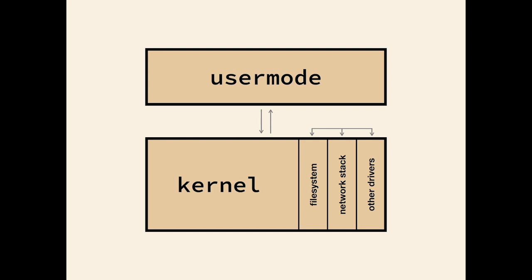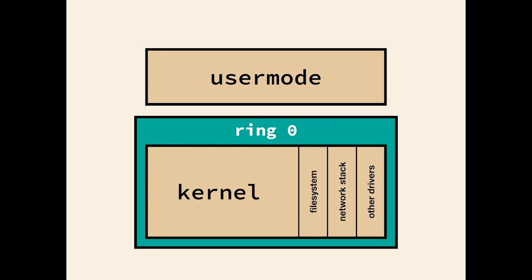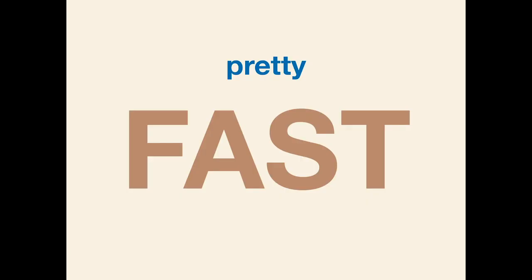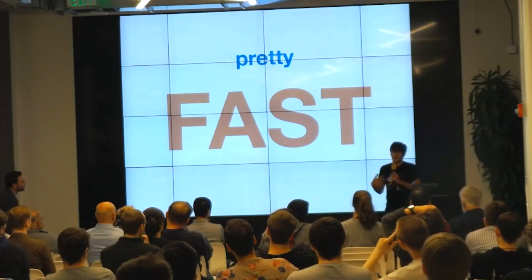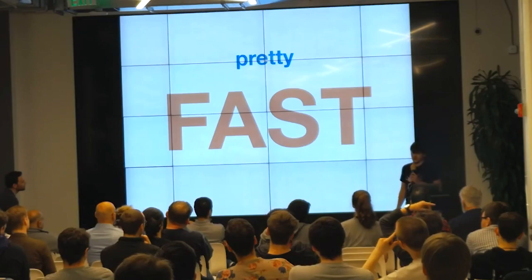And here's how the ring 0 kernel runs. Drivers running in ring 0. User mode is elsewhere in ring 3. And they're pretty fast, right? I mean, this is kind of the defining factor. They're simple and they're fast, but it's difficult for them to be modular while still being safe. And Linux does have a kind of modular monolithic design where you can load drivers in and out. But then again, if the driver crashes, your OS goes down. So that's the main problem with monolithic operating systems.